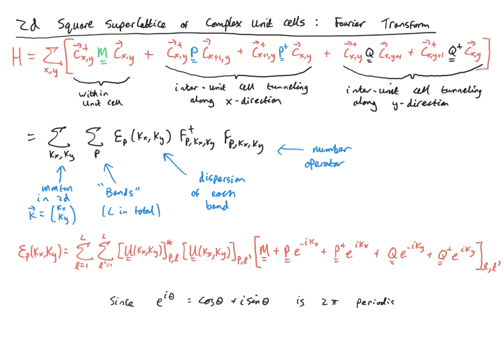And since the band dispersion relation here involves momentum-dependent factors e to the I kx and e to the I ky, these things are, of course, 2 pi periodic. So the band structure we have is actually defined in momentum space up to 2 pi, and then the whole